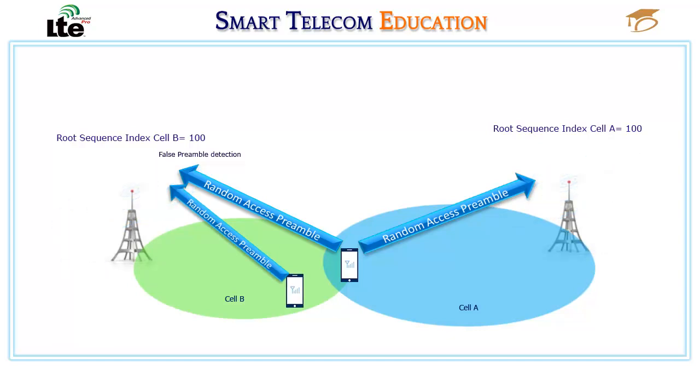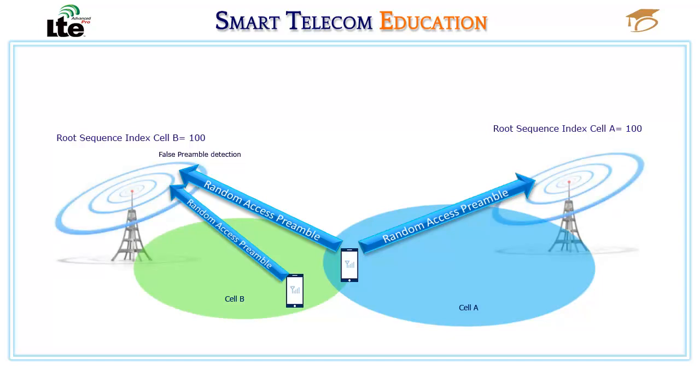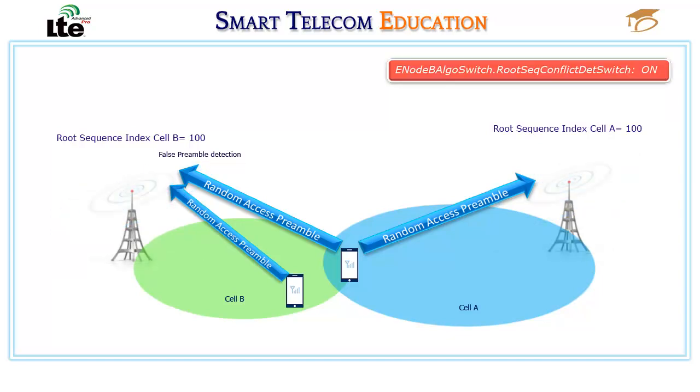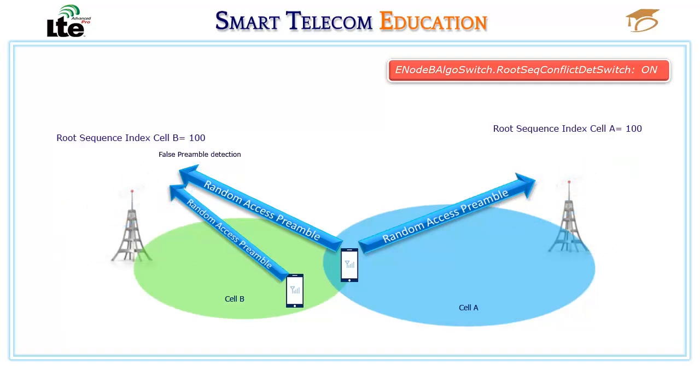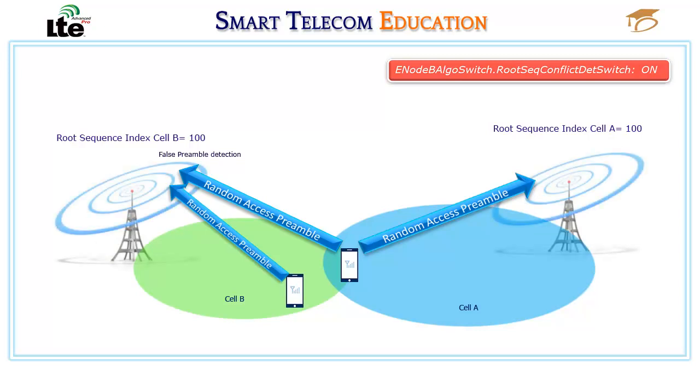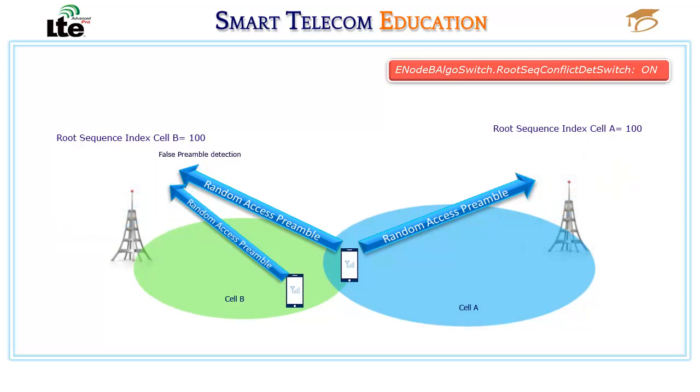This scenario increases the collision probability when two UEs use the same preamble under two different cells. The PRACH root sequence index conflict detection feature enables the eNodeB to detect root sequence conflicts between the serving cell and intra-eNodeB or inter-eNodeB neighboring cells, by selecting the eNodeB algo switch root sequence conflict detection switch parameter. The preamble collision also impacts the random access performance. To calculate the preamble collision probability,